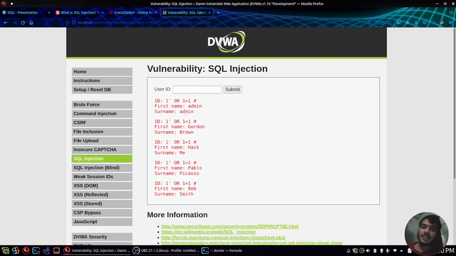So what it does is the single quote terminates the quote from the username, and or 1=1 is always true, and anything or true will always be true, and we have commented out the rest of the query. So it rendered true for all the IDs present in the table, and it fetched all the individual entries. What we need is actually the passwords, and in order to get the passwords we need something known as the union attack. So let us learn about the union attack before implementing it in the Damn Vulnerable Web Application.